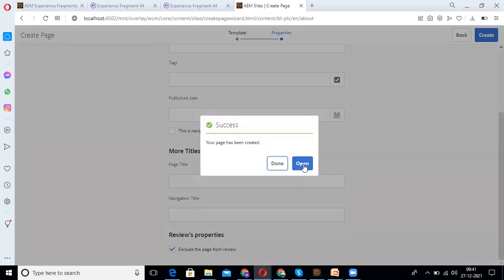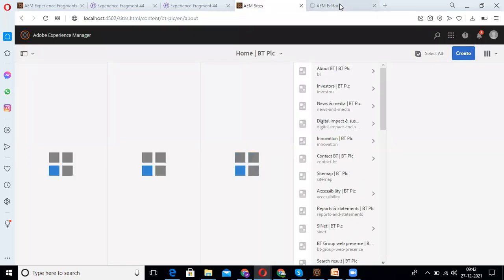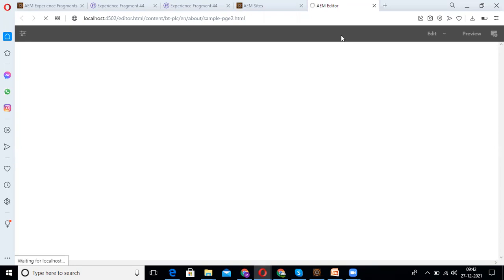So the page has been successfully created. I need to open this. It is loading.